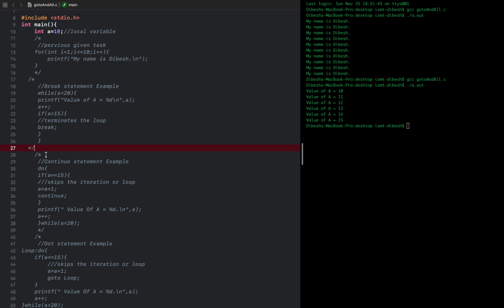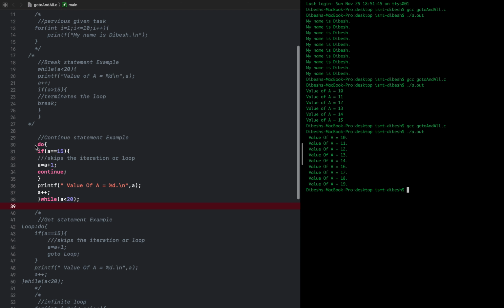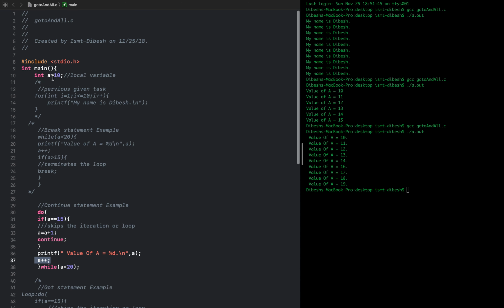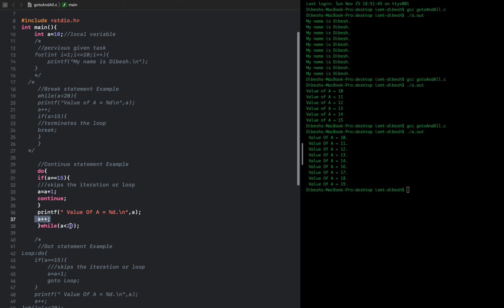And next is the continue statement. So let's compile it first. And now here we are using a do while loop. So do: check if a equals 15, then increase the value of a by 1 and continue; print the value of a and increase the value of a, while a is less than 20. So here we have initialized the value of a to 10, and this would go till a is less than 20, which means a equals 19. So here we have the values from